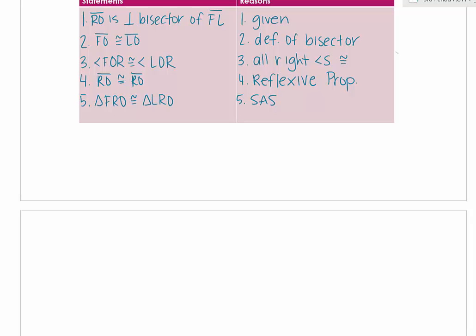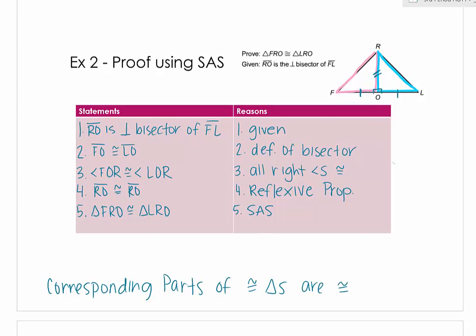So the next thing I want to talk about isn't necessarily a slide in here, but it's called corresponding parts of congruent triangles are congruent. So what that means is that in these 2 triangles, although I haven't necessarily proven that angle F is congruent to angle L, once you've proven the 2 triangles are congruent, I can then say anything is true